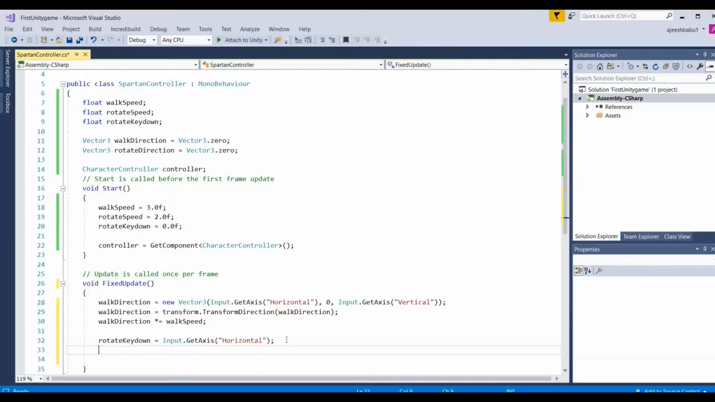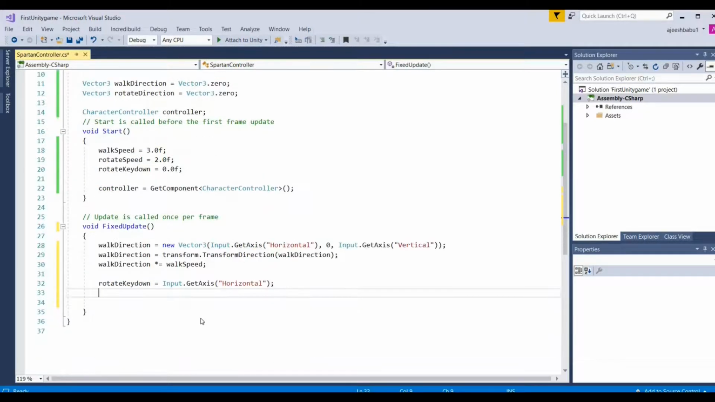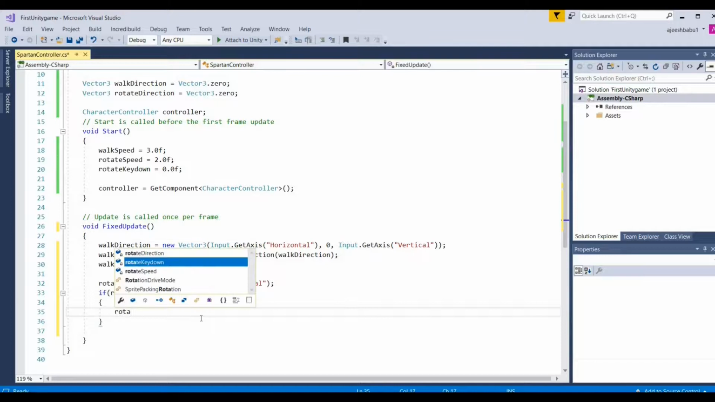When I press the right arrow key, I will get a positive value, and when I press the left arrow key, I will get a negative value. According to the value which I get when I press the right arrow and left arrow, I am going to rotate this in the y axis. I will just go for if rotate key down is greater than 0. So if it is greater than 0, then I will rotate it in the clockwise direction. Okay, so I can just go for rotate direction is equal to